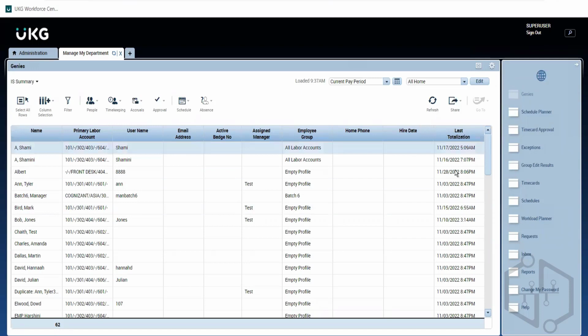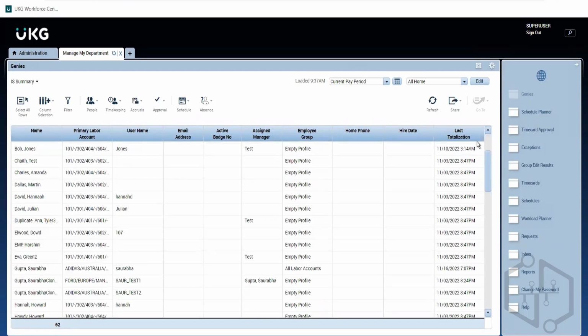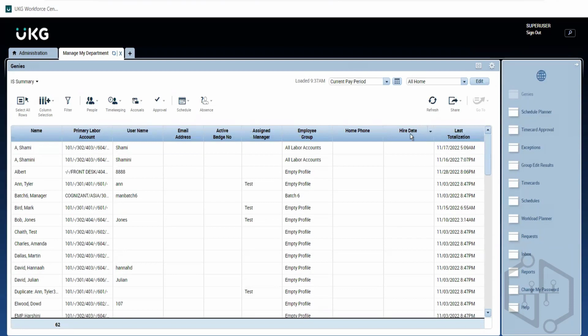Yeah, we have the hire date. If hire date is mapped to that particular employee, that would show up here instead of this. If you want this column to be second or third one, that also we can do. We just need to push it up in the column sets. If you want hire date to be the second or third column,